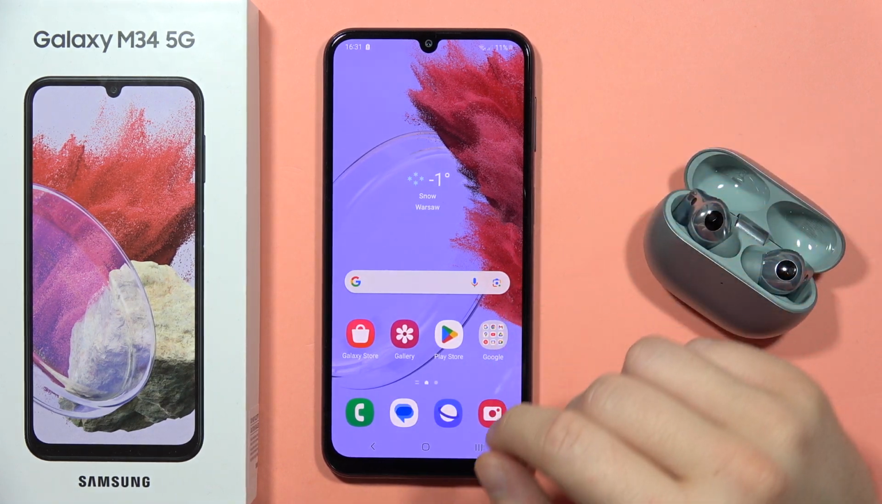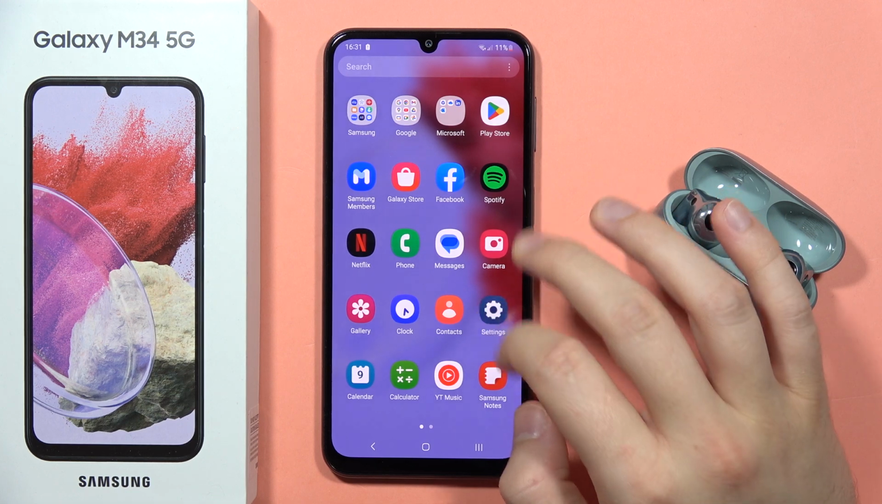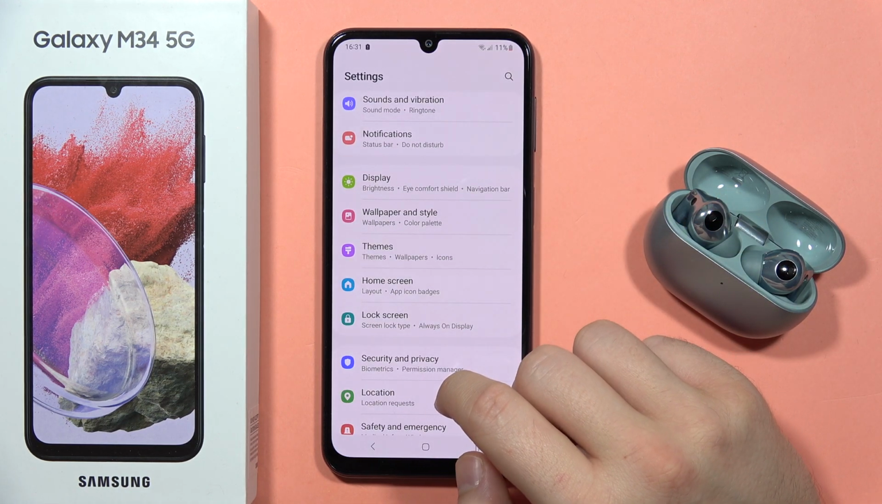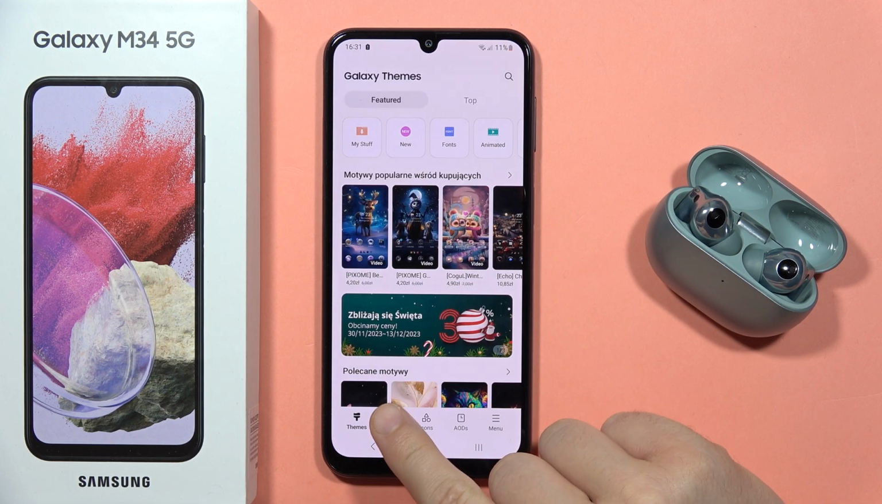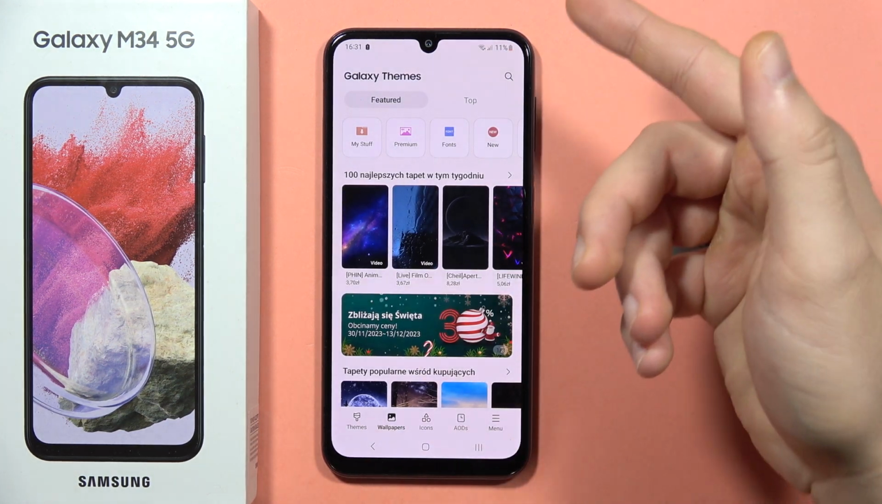Hey, to download cool wallpapers on your Samsung Galaxy M34 5G, first of all, you have to go into the settings and you have to be connected to the Wi-Fi or mobile data. Next, scroll down and go into the themes. From here, go to the wallpapers, and all you have to do right now, let's say that you want to